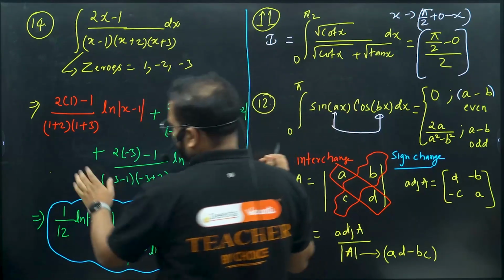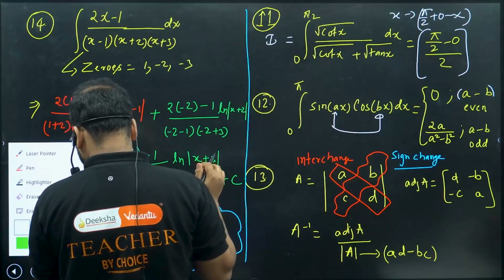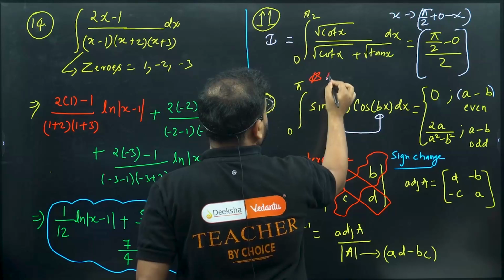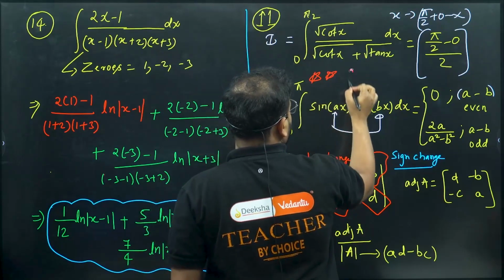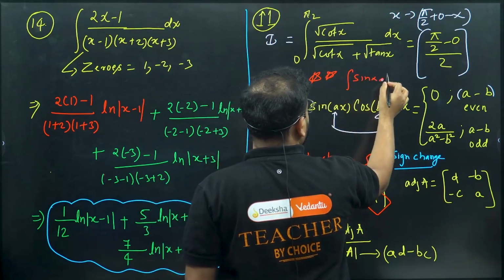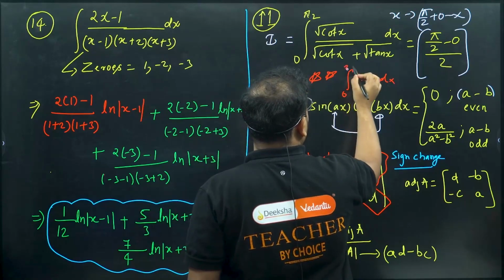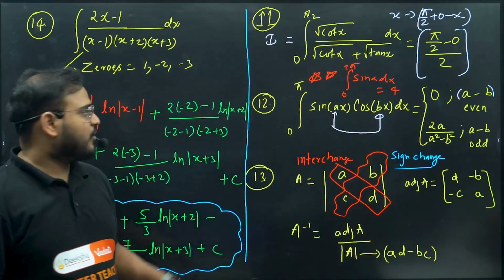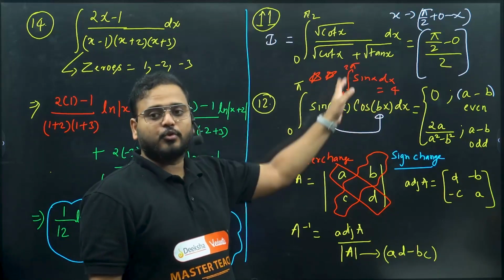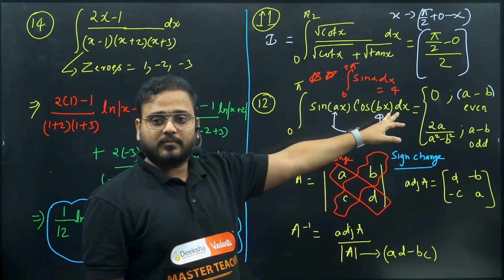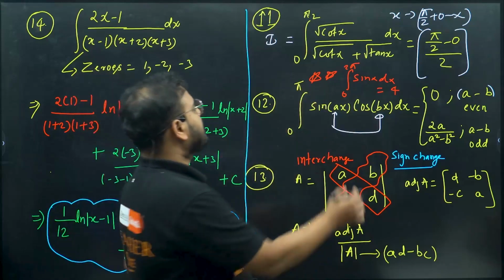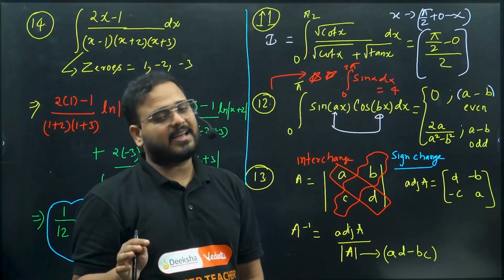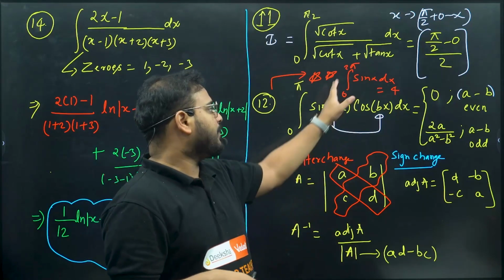Can I write one more thing over here? Just one thing, very, very important. I forgot to mention, not a problem. Please remember, the integration of sin x dx from 0 to 2 pi will be 4. From 0 to pi it will be 2. It's useful in the questions. It's another trick, remember this. From 0 to 2 pi it is simply 4 for sin x. The same goes for cos x also. And from 0 to pi it will become 2.